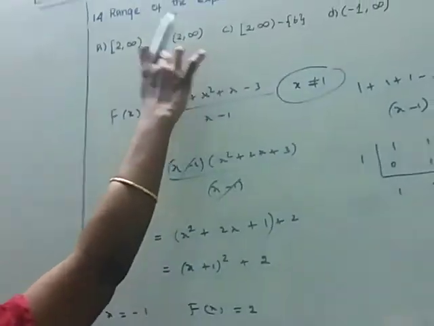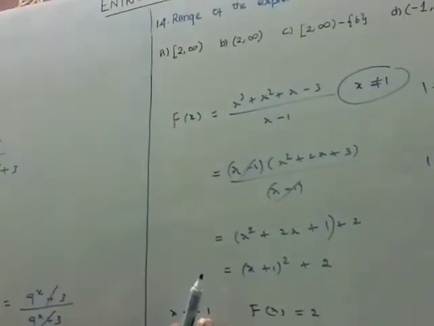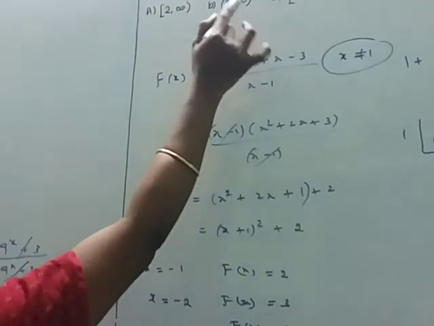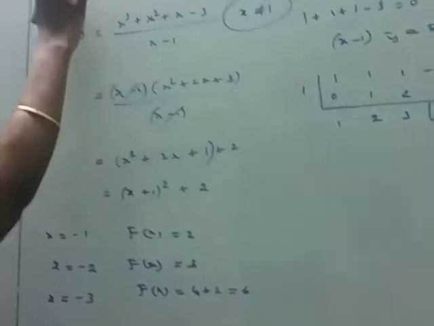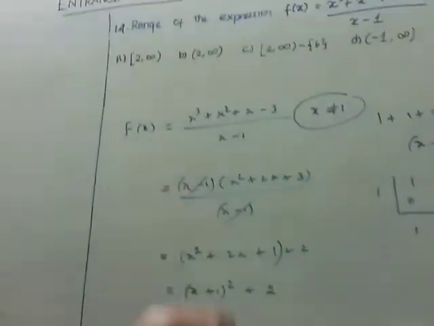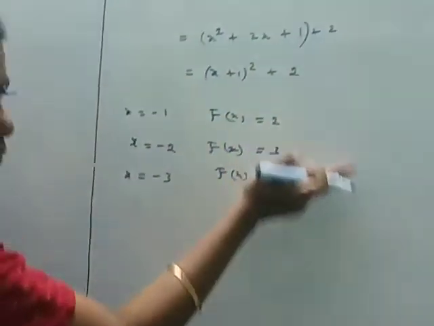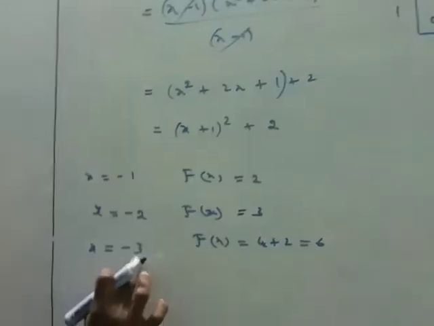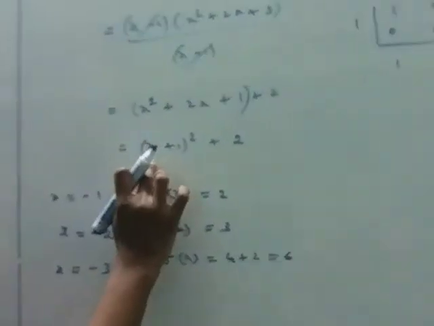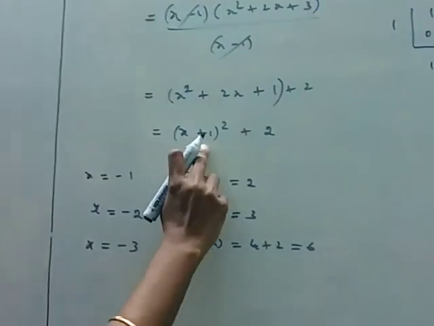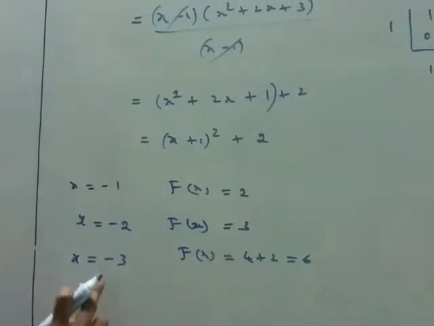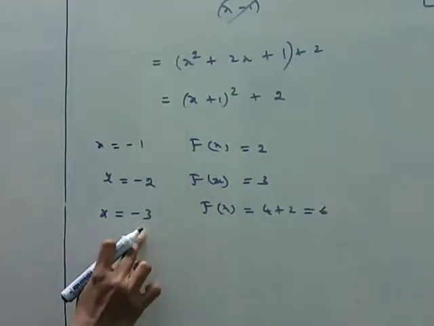So according to these two, the answer here is 2. When x minus 1 is put, f of x is 2. So here open 2 comma infinity means the numbers between 2 and infinity. Here you are excluding the 2. But here closed 2 comma infinity means you are including the 2. So this is the answer. So for all negative numbers of x, you get the numbers greater than 2. And see here ma, x is equal to minus 3, answer 6. If they put x is equal to minus 1, the answer will be 2. Okay, even if x is equal to 1 is applied, it is the same thing. If you apply x is equal to 1, you get the same value as x equal to minus 3. Okay, copy it.